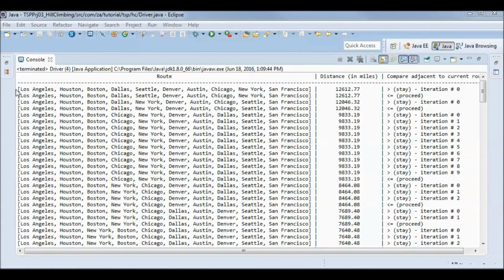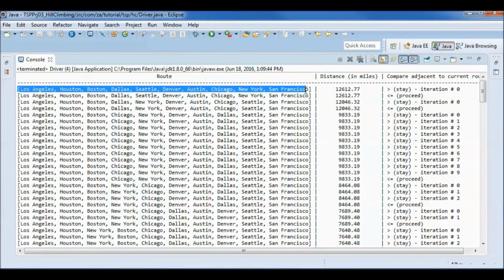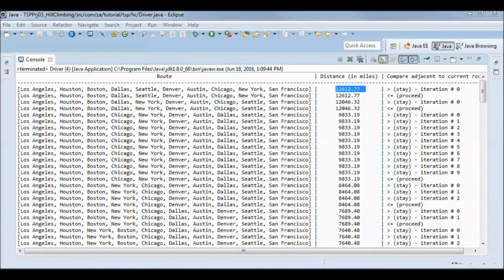So we started from this route with this distance in miles, and we find that the adjacent route has a distance that is larger than this distance, so we stay.